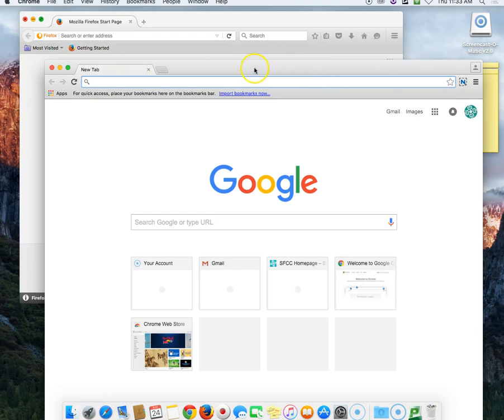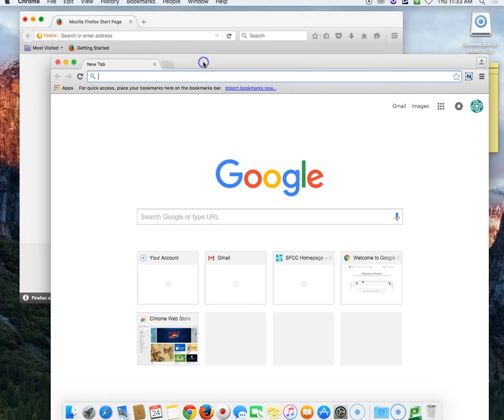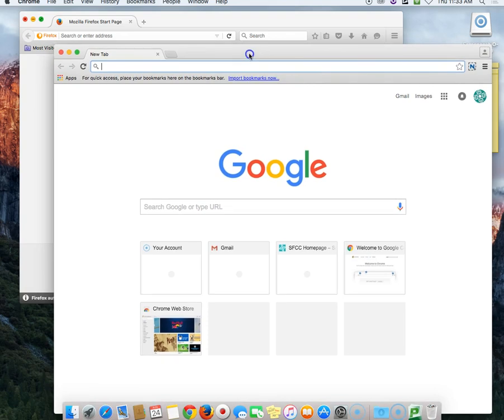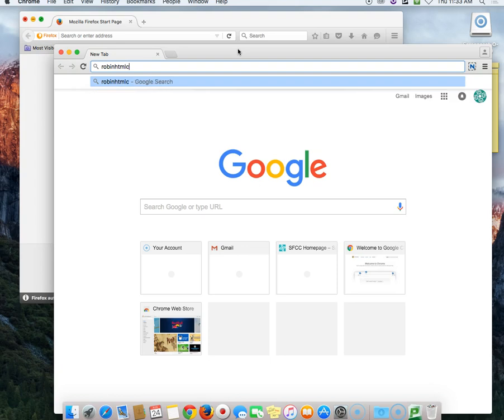Now, what this means is that whenever you are surfing the web or utilizing websites, certainly when working in this particular class, you can save links very easily, and the bookmark bar is there for you to do that with. So if we go to the course website, robinhtmlcss.wordpress.com,